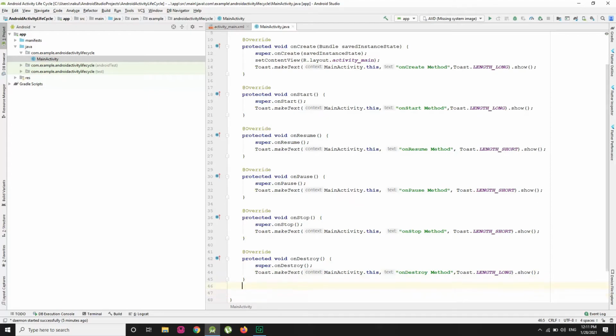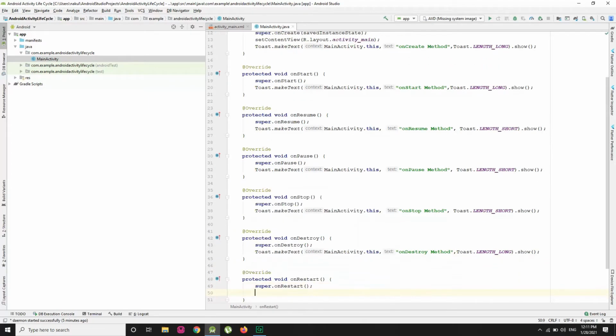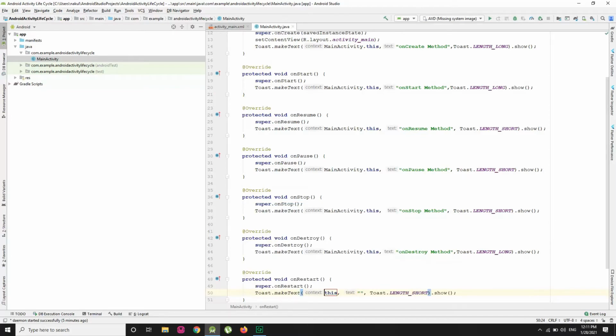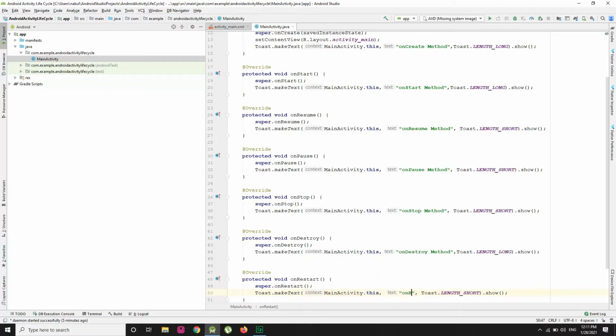And the last method of the activity lifecycle is onRestart. Now in this onRestart method I'm going to write MainActivity.this and onRestart method.